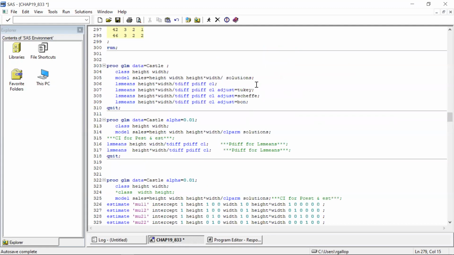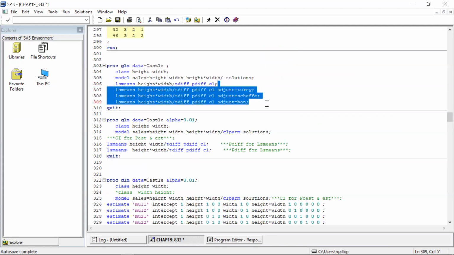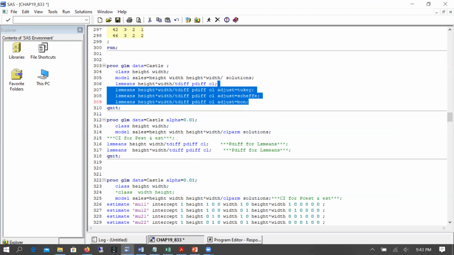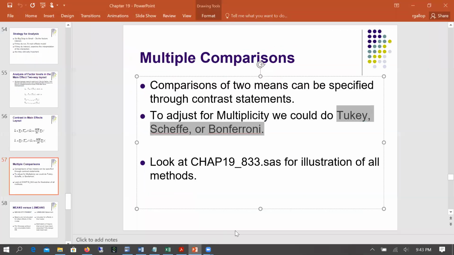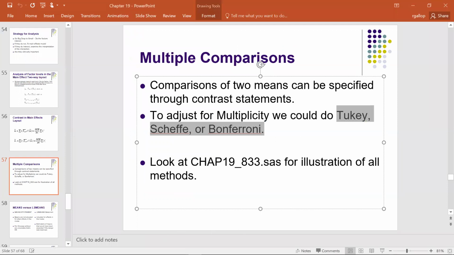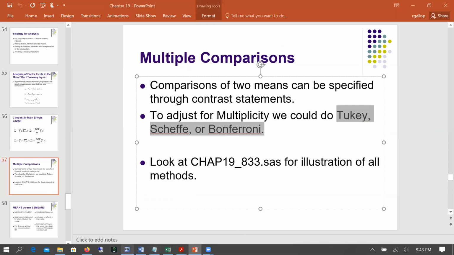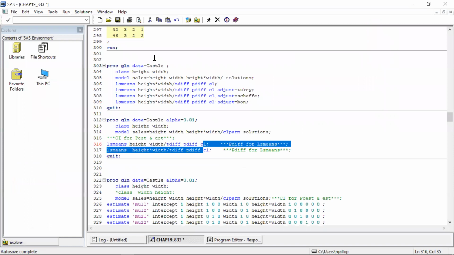But again, this is the easiest way, I think, in the LS mean statement, lines 307, 308, 309, to do the recommended pairwise comparisons that you may be interested in. Pretty simple. Again, if we go back to the output for these three techniques,